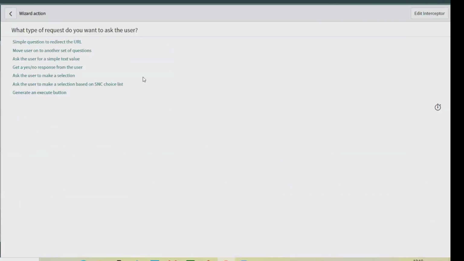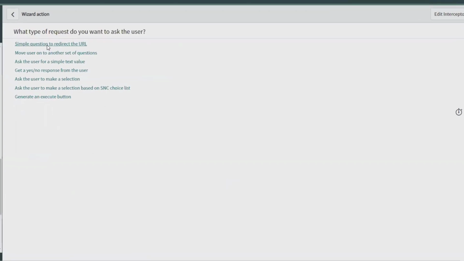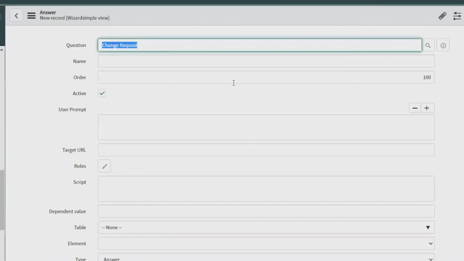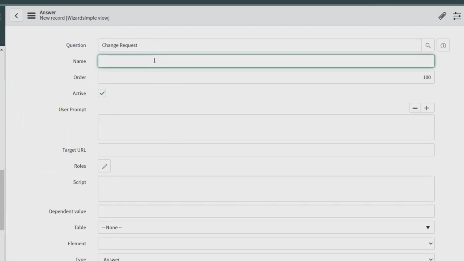Here we have to add the new fields which are required. So click any section. What type of request do you want to ask the users? A simple question, redirect the URL. I'm selecting questions here. You can add change request as the right name field.